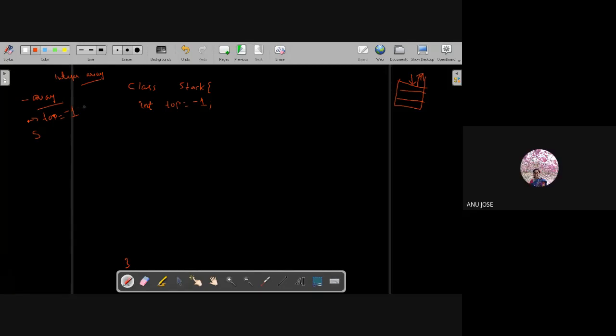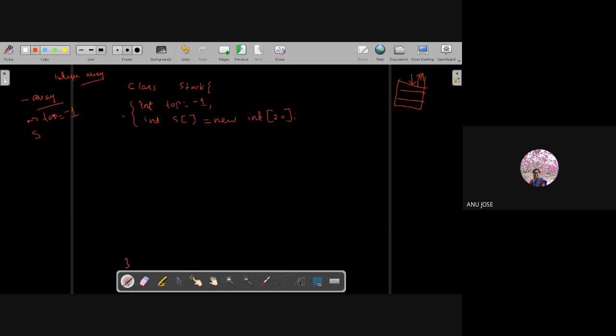How can I create an integer array? Ah, new, with the size. So int is the data type and the array name is S. So it is the data type, array name is equal to new int, and then the maximum size I keep over here. So the data part is over.